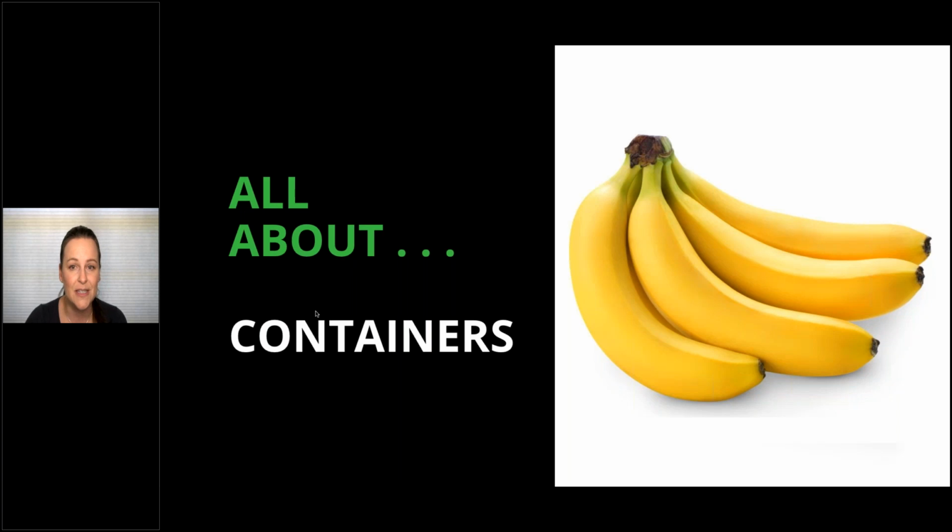Without further ado, let's jump in and start learning about containers. Now, right away, I know some of you are wondering if you're in the right talk, because here you see a picture of bananas, which obviously is not what you would be expecting. So I am on a bit of a rebellion. I refuse to show any pictures of shipping containers in my container talks. I'm tired of seeing them. So you won't see any shipping containers in this talk.